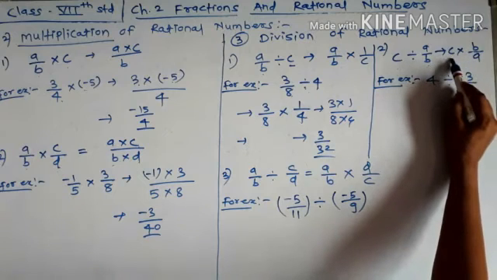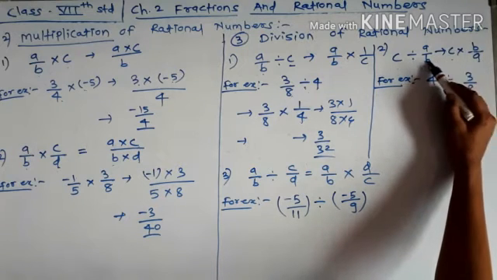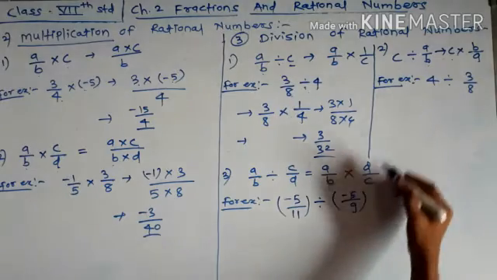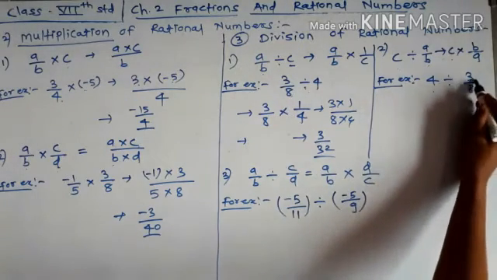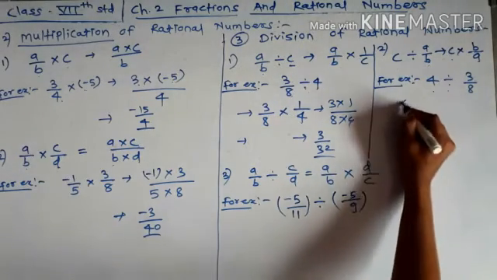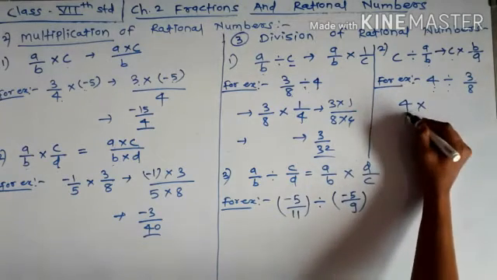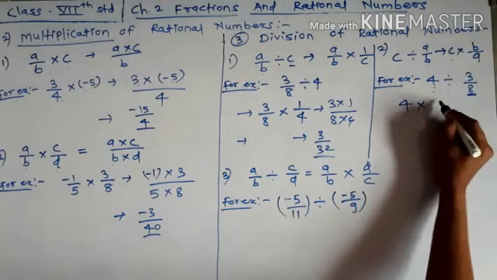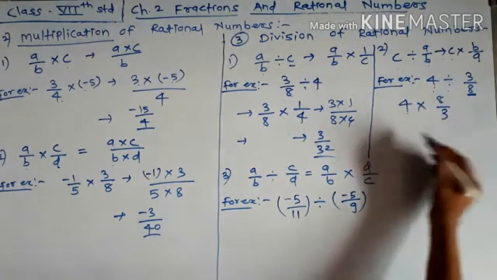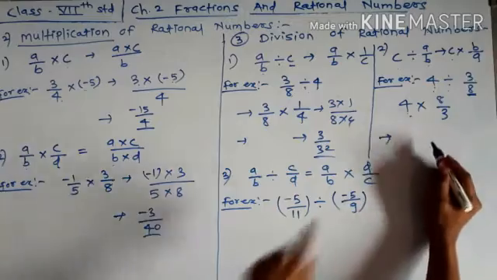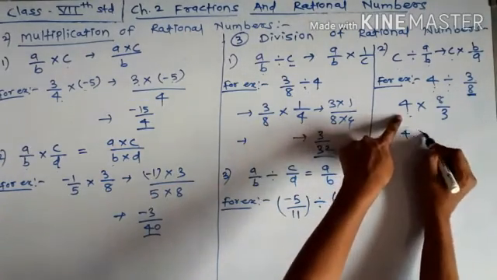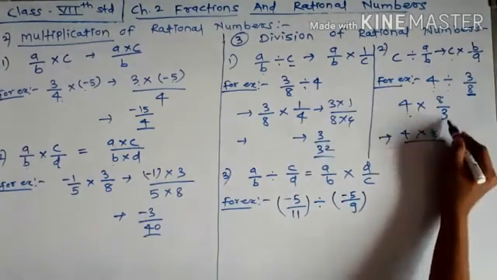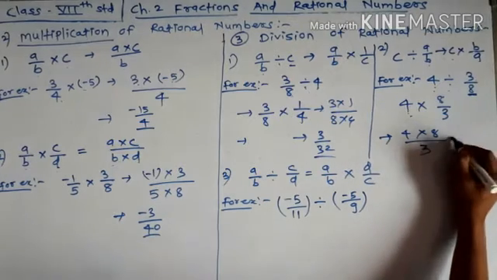In the next case, to divide a whole number by a rational number, we just multiply the whole number with the reciprocal of the rational number. For example, here 4 divided by 3 by 8. To divide this, we multiply 4 with the reciprocal of 3 by 8, and the reciprocal of 3 by 8 is 8 upon 3. Now to multiply this, we multiply the whole number with the numerator and take the denominator as it is, which gives